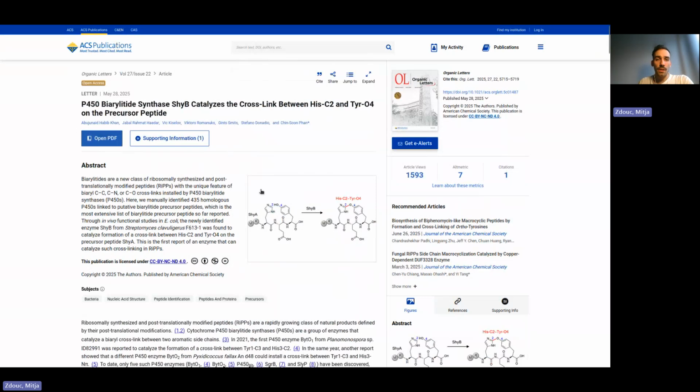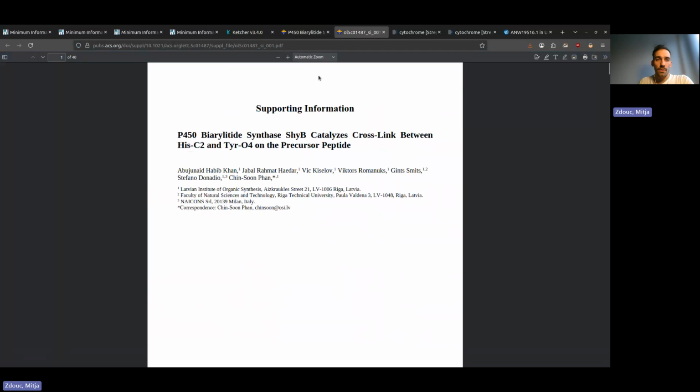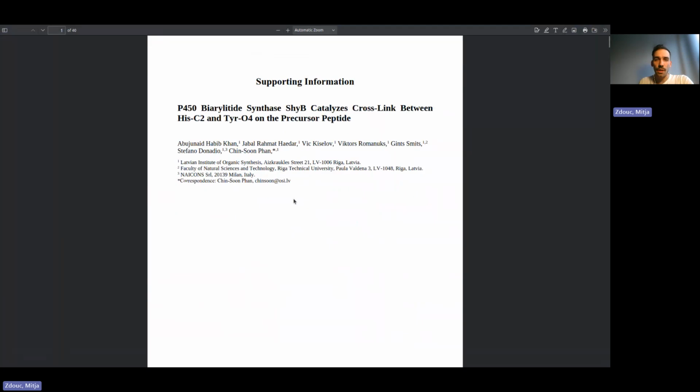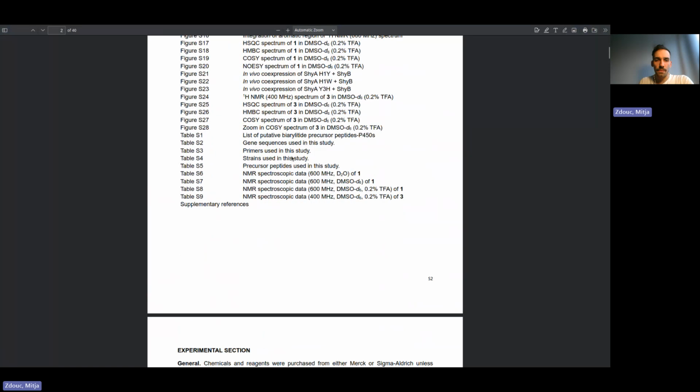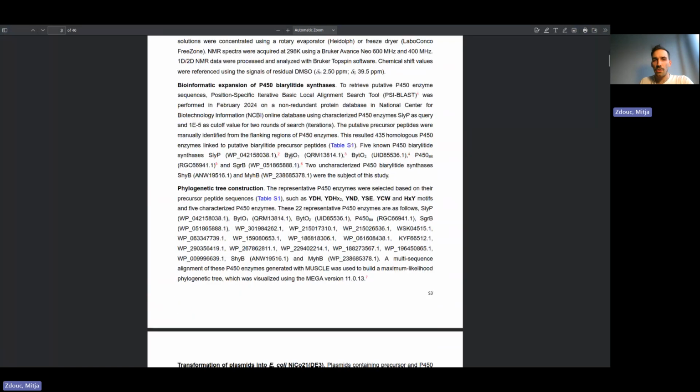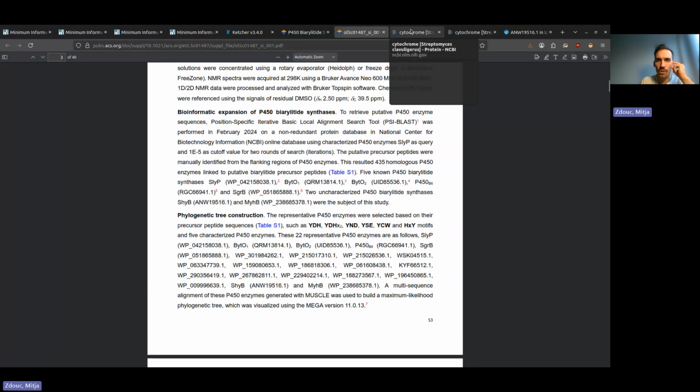But in this case, we can find this information in the supplementary information. So we have to scroll down a little bit. It's here, at bioinformatics expansion of P450 biorelidite synthesis. And in this case, the authors describe a gene peptide ID. And so we can take this and use this to search in the